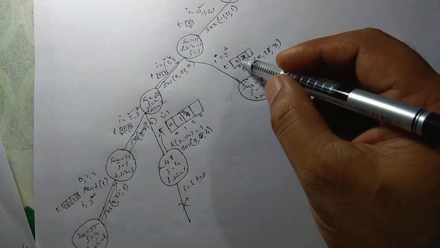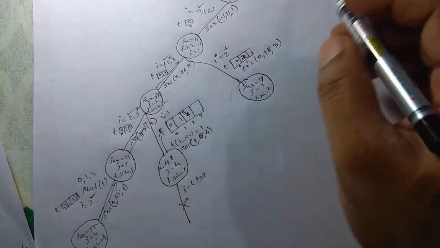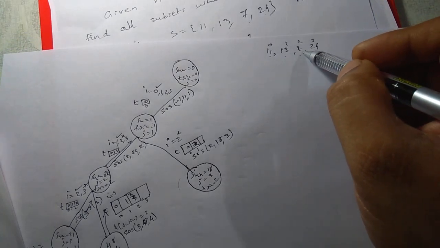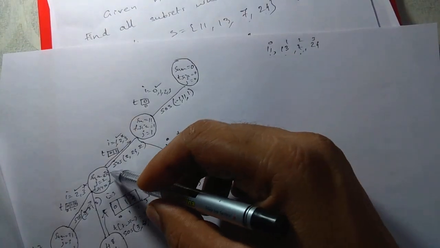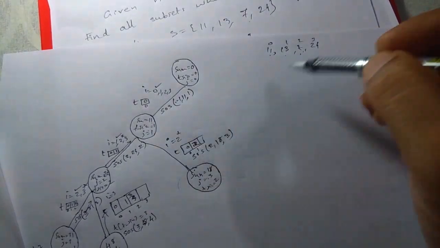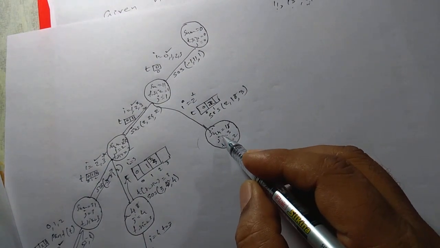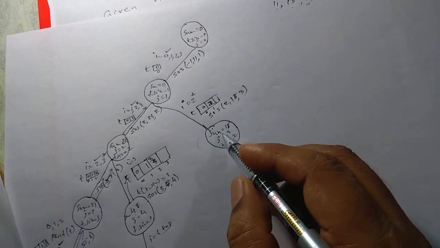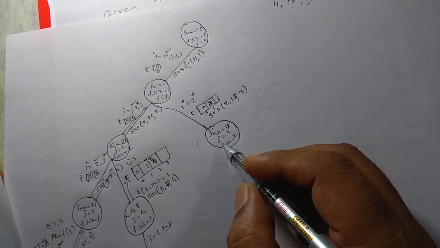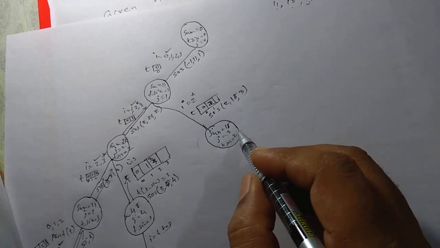So here it is considering 11 and 7. See, earlier it had considered 11 and 13. Now in the same level it is considering 11 and 7. So what does it have to do? Check whether the sum met the target sum. No, so it has to generate along the breadth of this node.